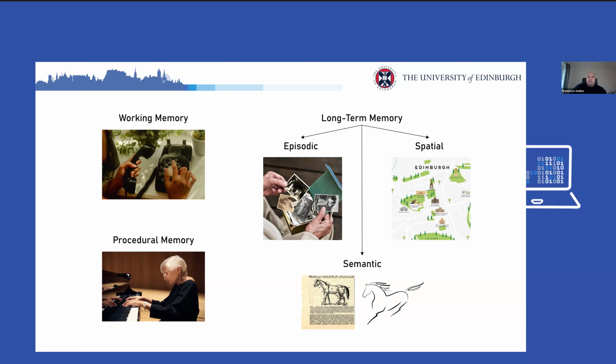In terms of long-term memory, we have a major distinction between episodic memory, so essentially, in first approximation, memories of facts that happen to ourselves, spatial memory, or otherwise memory for locations, and semantic memory. Semantic memory is a particular form of memory that abstracts from single events in our life, like episodic and spatial information, and sublimates, like for example, we have a general knowledge of a horse as opposed to, I don't know, remembering when you had a particular pony when you were growing up.